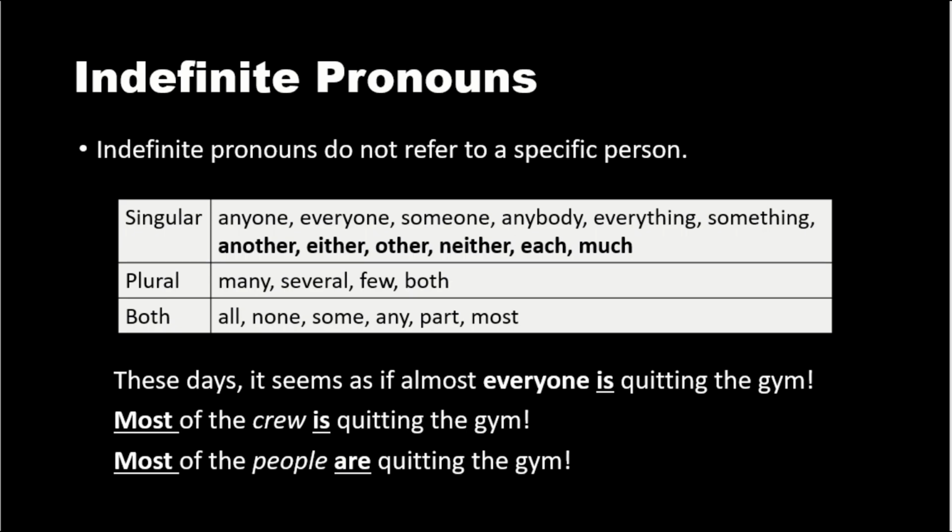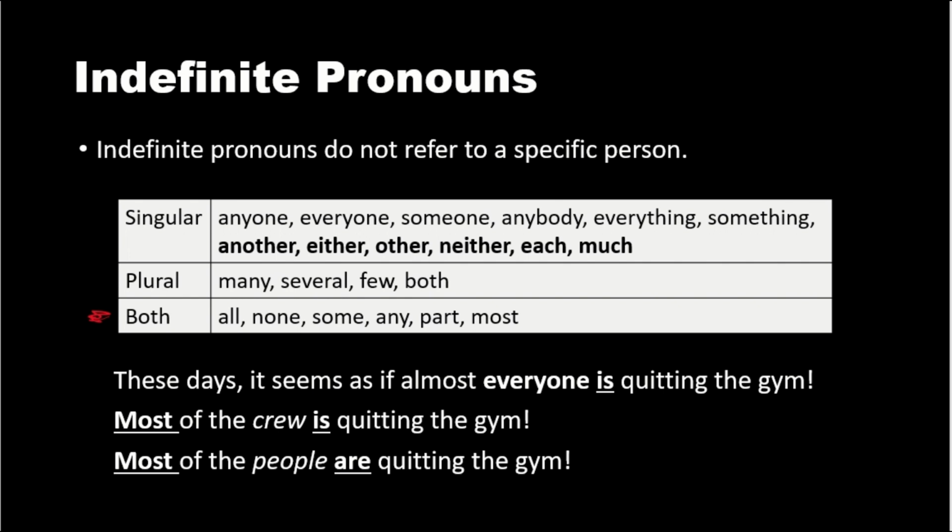Next up, the indefinite pronouns. Indefinite pronouns do not refer to a specific person. As you can see from the list, we have singular, plural, or both. What the both category is basically saying is that you could be talking about something that is either singular or plural, and it's up to the rest of the sentence to let the reader know which one you're talking about. If you can see from this example, it says, these days it seems as if everyone is